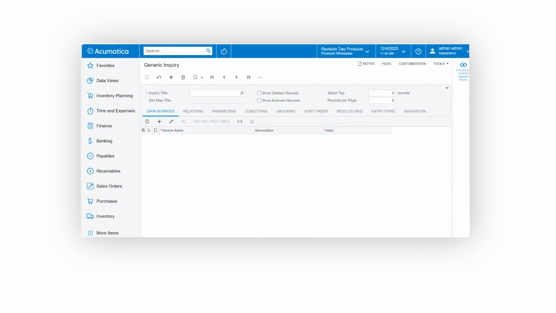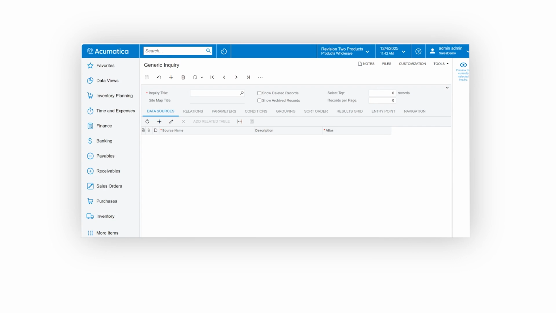Generic inquiry in Acumatica is a native reporting tool that displays data in flexible and structured grid views. GIs are used throughout the system. The primary lists that you see for inventory, customers, and orders are all developed using generic inquiries. In this video, we will create a generic inquiry together for sales orders and also show the inventory items that are on each order. So to create a new generic inquiry, what you want to do is navigate to